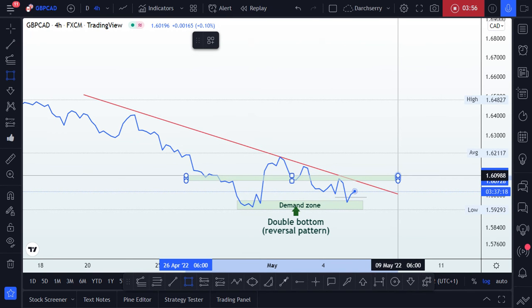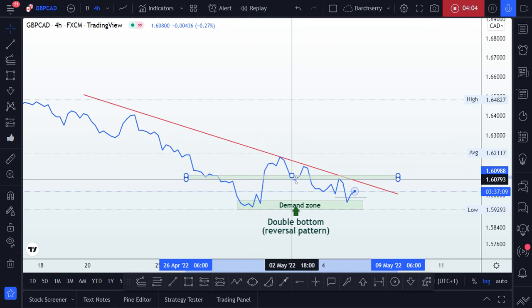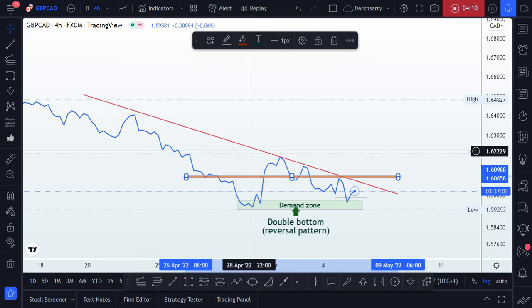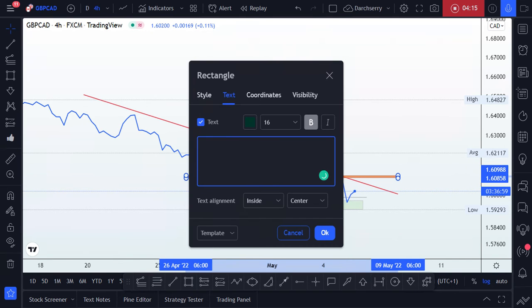I think let's use 1.61 as something to play around with at this point, considering the round figure, and also being a strong psychological number. So we have our key level here,